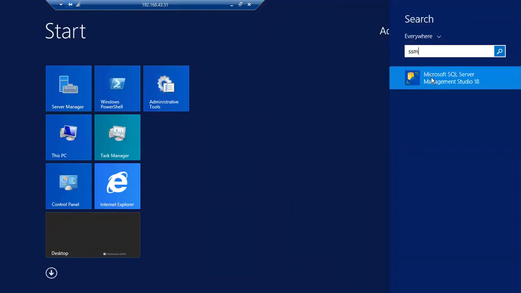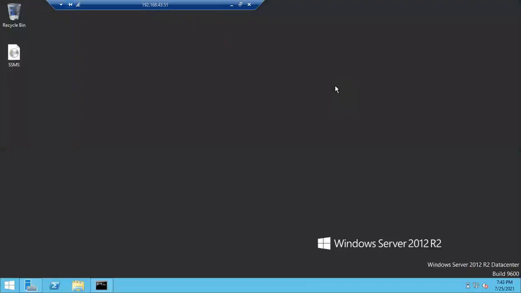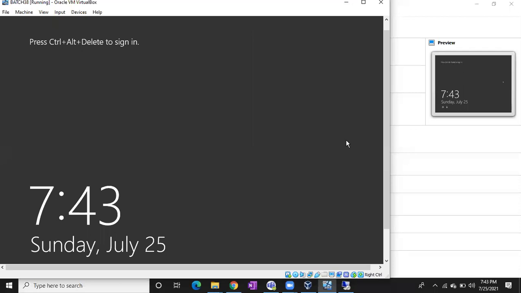Okay. So I have a quick question for all of you. In my machine, I have two instances. One instance is SQL Server 2014. Another instance is SQL Server 2017. In my server, I have two SQL Server instances.